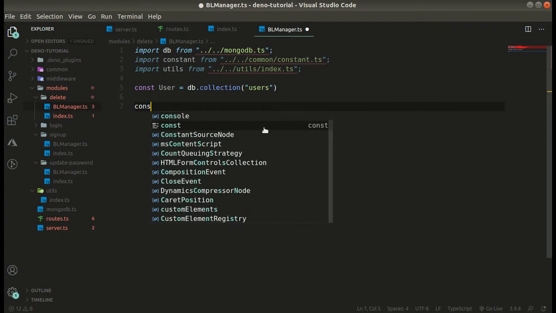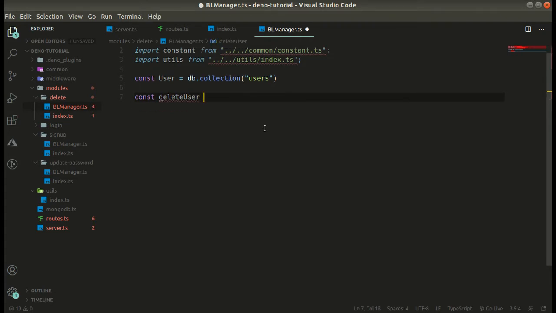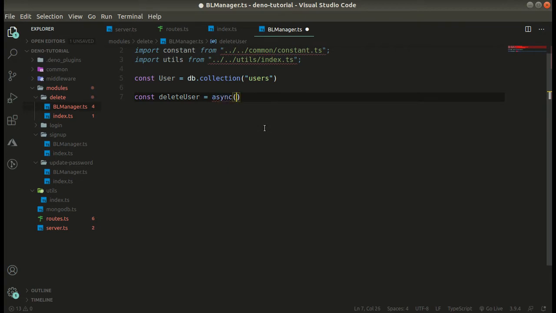Now let's make the function, const deleteUser. This will be an async function, and we are actually getting the id.